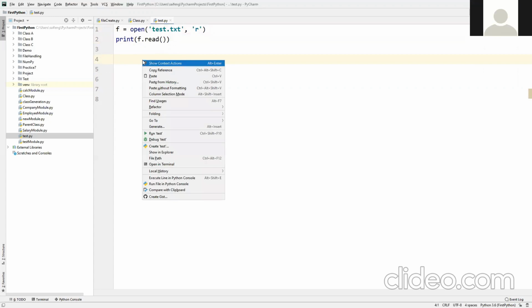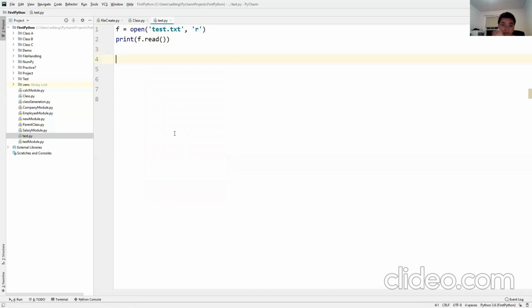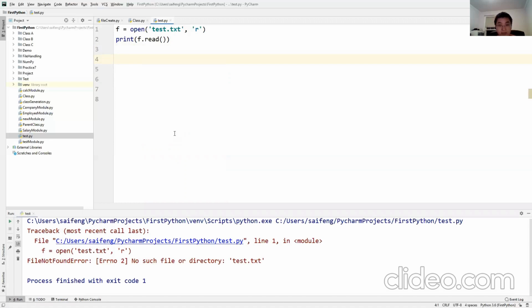What did you say? It'll print whatever is inside the file. Yeah, the logic is correct, right? But I said it gives me an error. Why? Because you didn't do the slash, because it's not in the same folder. Oh,